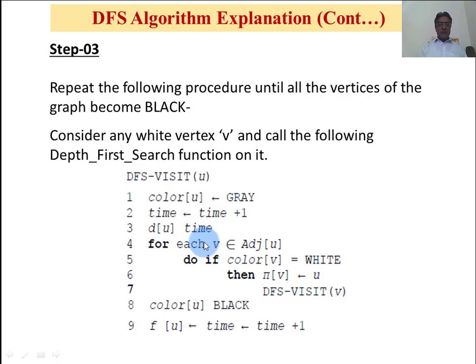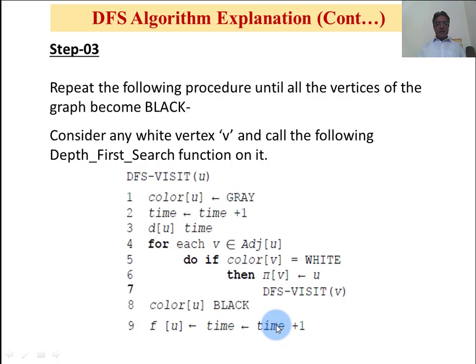Again DFS will be called, and this processing will repeat until all the adjacent vertices are processed. The U whose adjacent vertices have been processed has its color changed from white to gray. Now U has processed all of its adjacent vertices, so its color should be black.